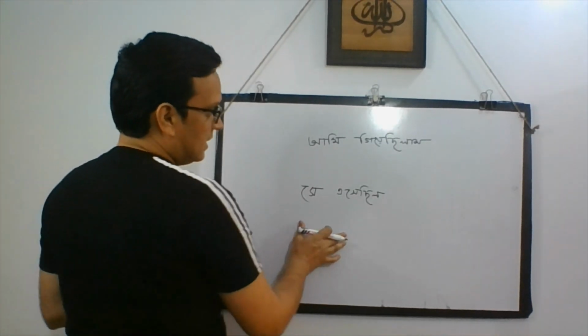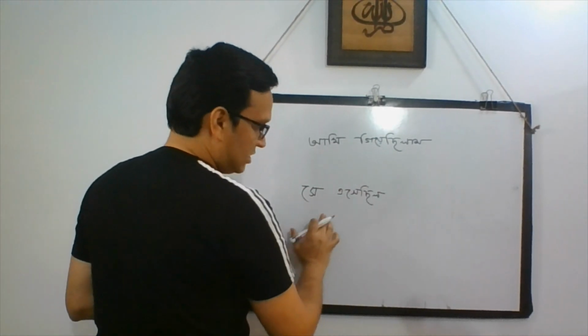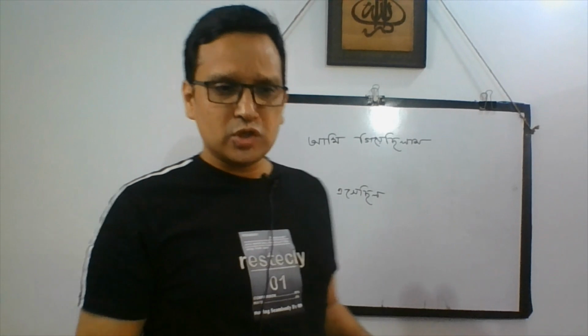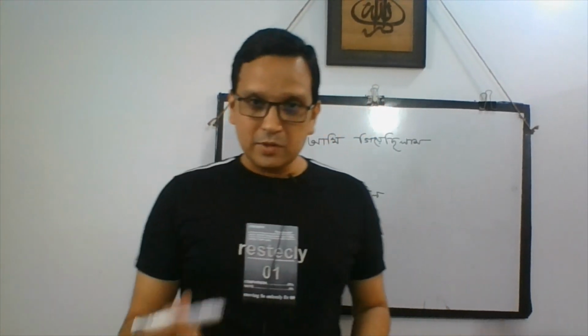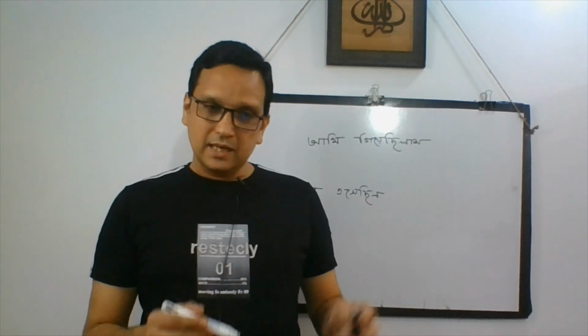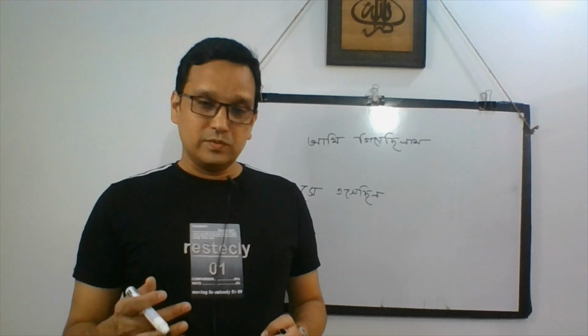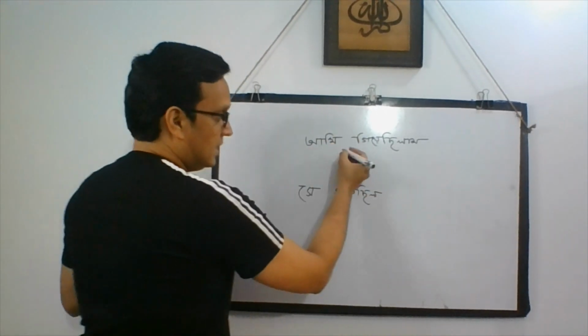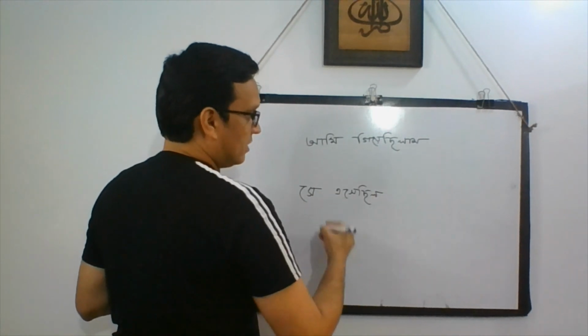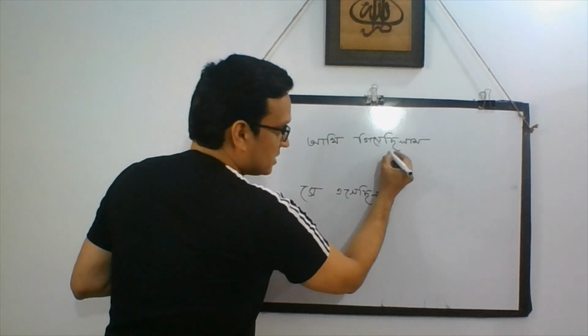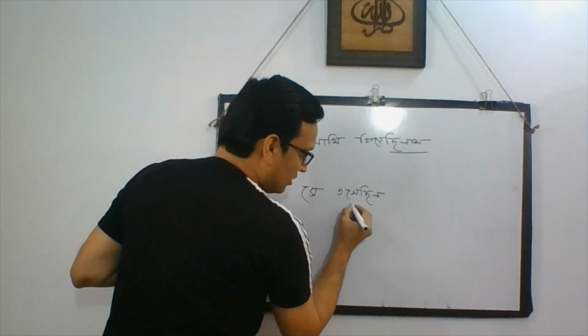Generally we don't speak like আমি করলাম, আমি গেলাম; most of you just say আমি গিয়েছিলাম, আমি করেছিলাম, আমি এসেছিলাম. Here we can see that because of ছিলাম and ছিল,